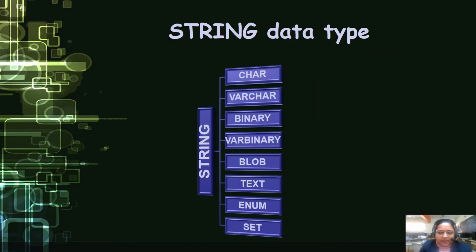So these are the various string data types, as you can see over here, out of which our main area of concern is only char and varchar. Apart from this, we also have many different string data types which have different uses, like binary and varbinary, which are basically for representing data in the form of binary strings.